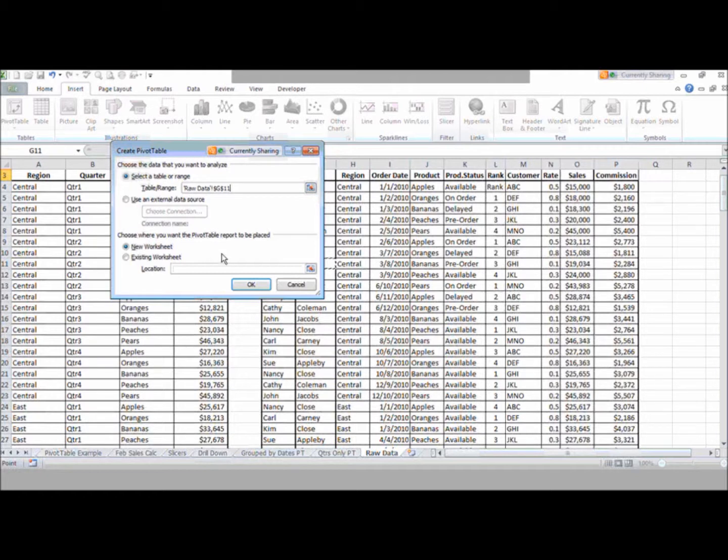and the only other choice that we have at this moment is that we can choose where our pivot table is going to live. Now, we generally, and I would say especially if you're new to pivot tables, put them out on a new worksheet so that you don't disrupt your source data. You just leave it sitting as it was. Click on OK,